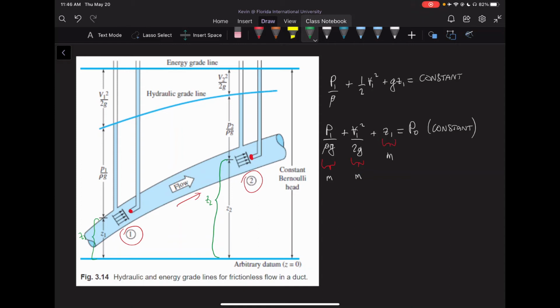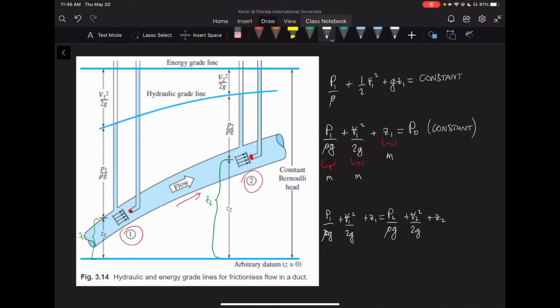So the amount of contribution of pressure for the height, so remember we know that P1 over rho G plus V1 squared over 2G plus Z1 is equal to P2 over rho G plus V2 squared over 2G plus Z2. So that means that both of them have to have the same exact stagnation pressure, the same exact total pressure